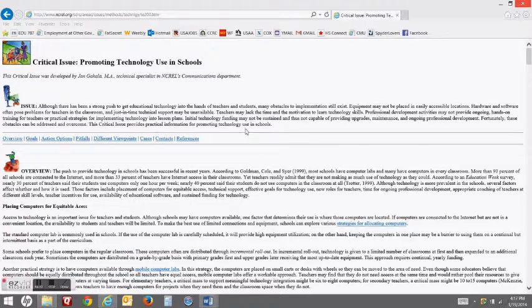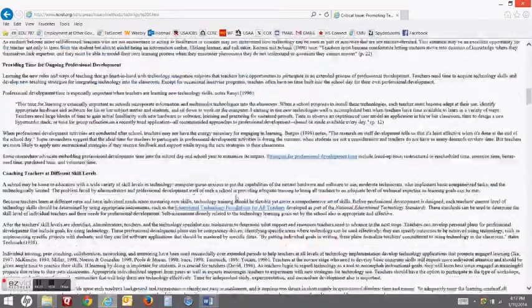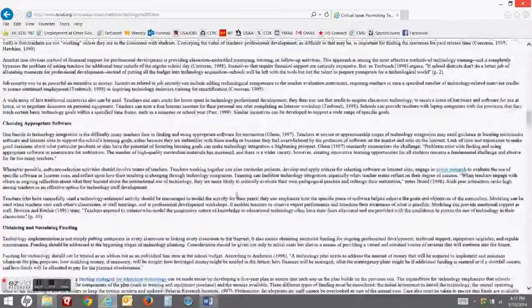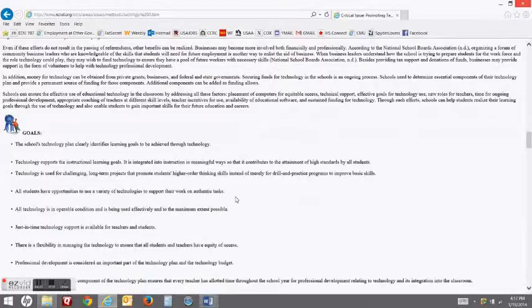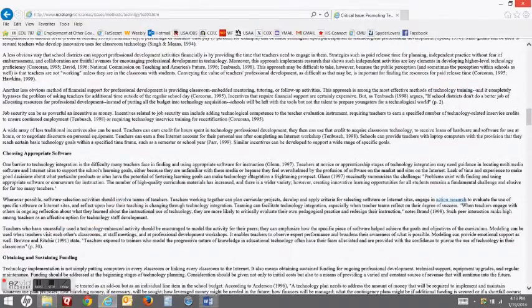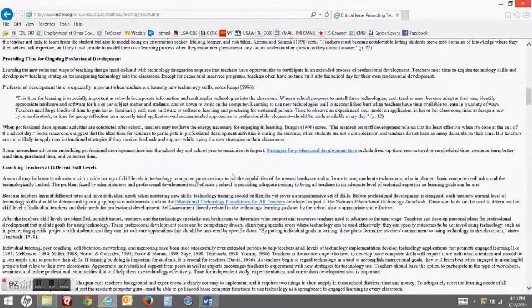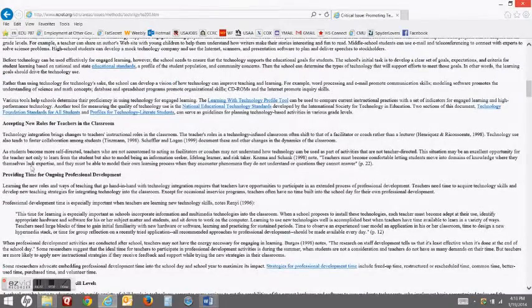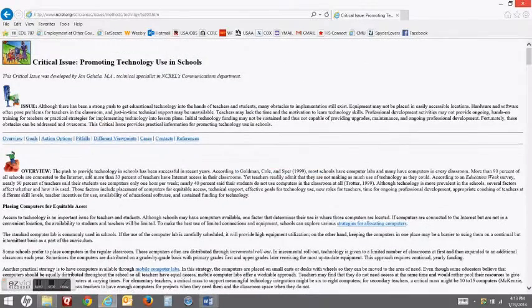I'm not sure. I mean, that does sound like an issue, but I'm wondering what the age of this article is, because most schools do have the ability to do technology. And here's one that has 1998.